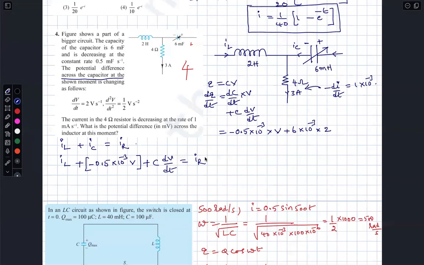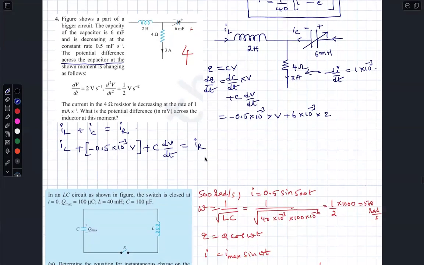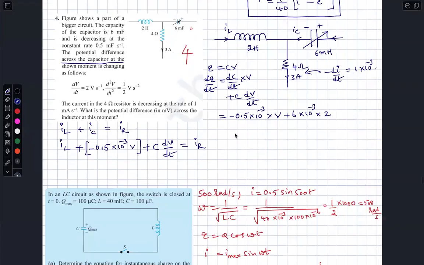Just stay here. Hold on. Stay here. dIL by dt. You do one more round of differentiation here. Minus 0.5 into 10 power minus 3 into dV by dt, plus C d square V by dt square is equal to